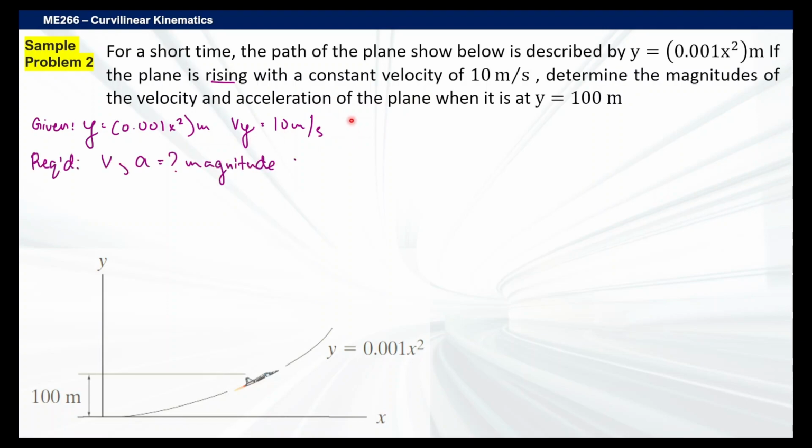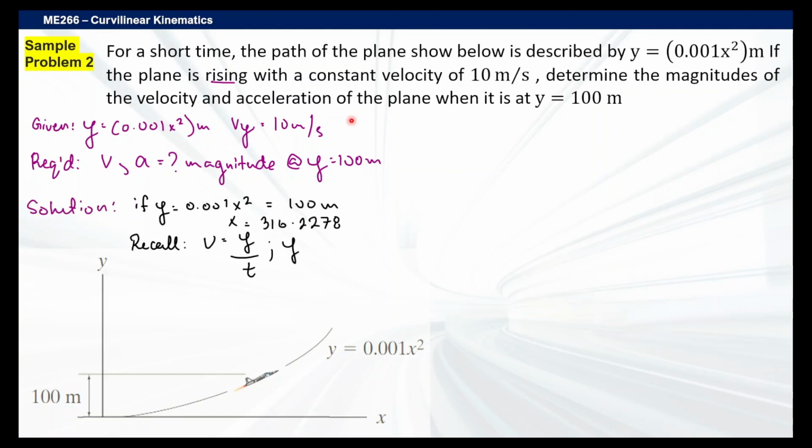And then we also have yung mga required. We are required the velocity and acceleration, basically yung magnitudes nila, and not necessary na yung direction, pero we can get it if we want it. And at position y equals 100 meters. So, solution natin dito. First things first,